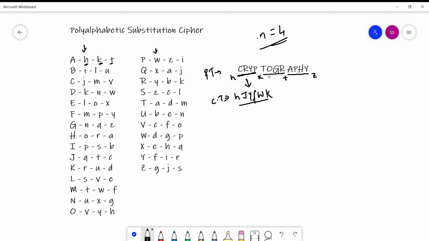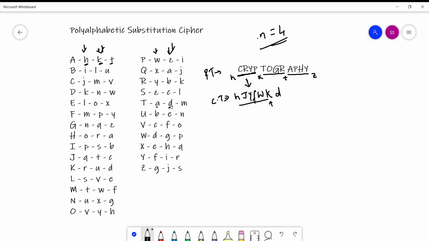Now the second cluster is starting with K. We have already put K here, so we don't have to put K again. Now in the second cluster, it's saying that it's starting with K, so we have to see this table, the second one. So T is encrypting to, sorry, D. We have to see the second table, so we will choose D here, not A, which was in the first table.